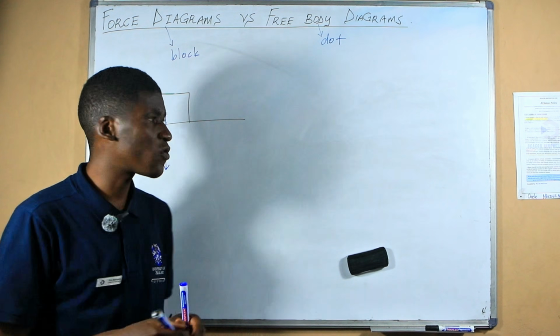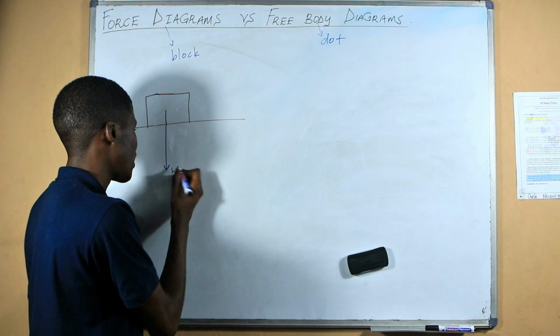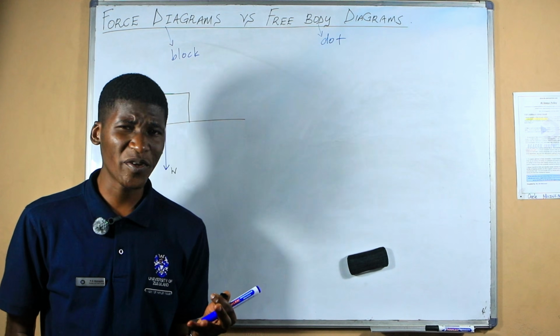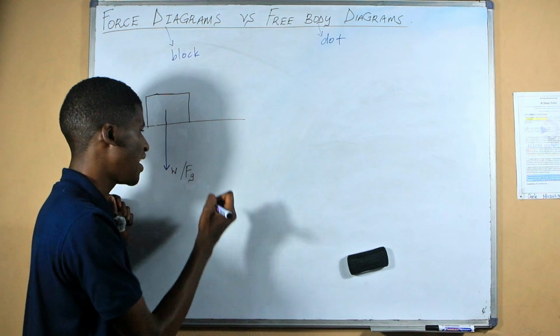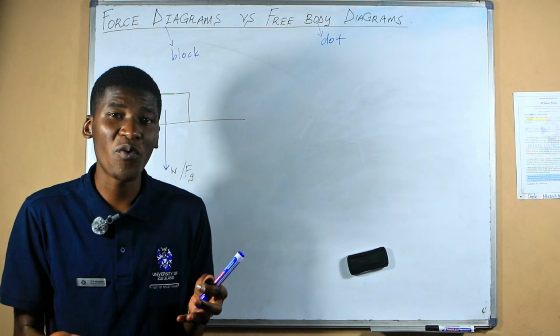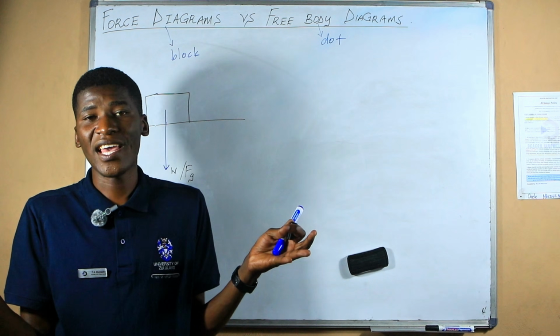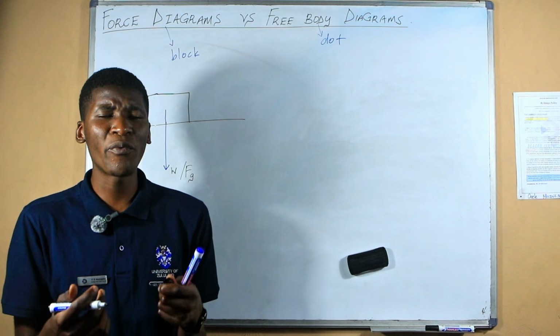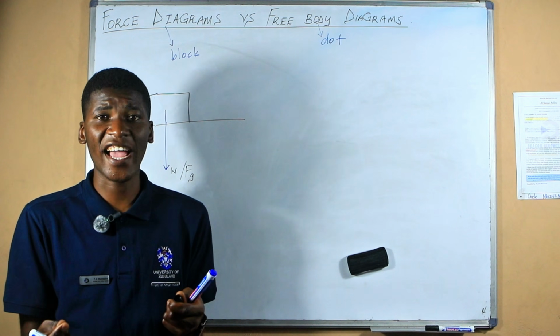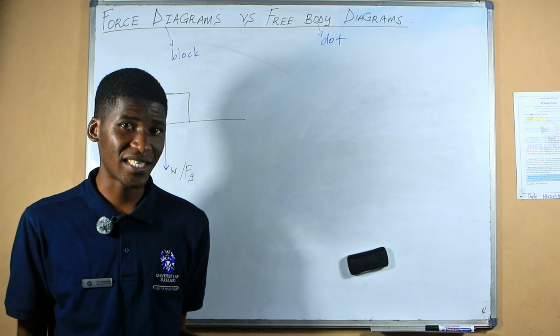So the gravitational force is otherwise known as the weight. We can say that is the weight, or you can say that is the gravitational force, but we usually use the weight to represent it. Whenever you talk about weight, how heavy something is, you usually hear them saying the weight is how heavy something is. But basically, the weight is actually the force applied by the earth on an object that is within